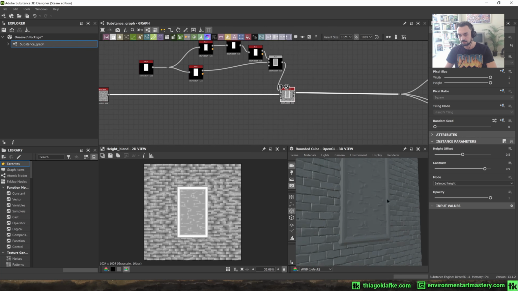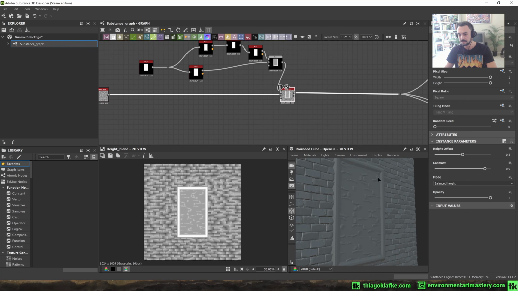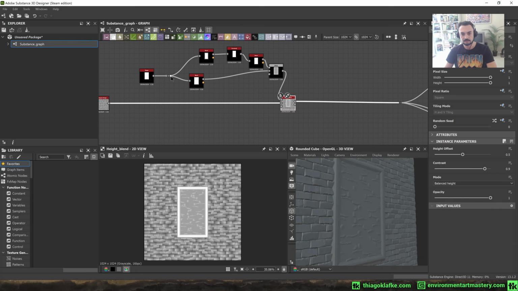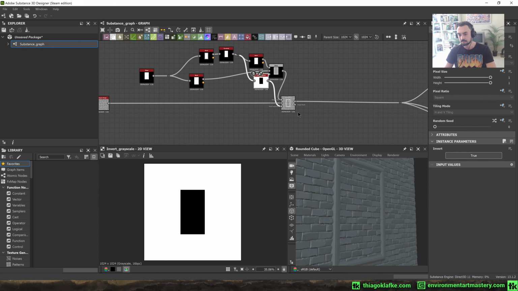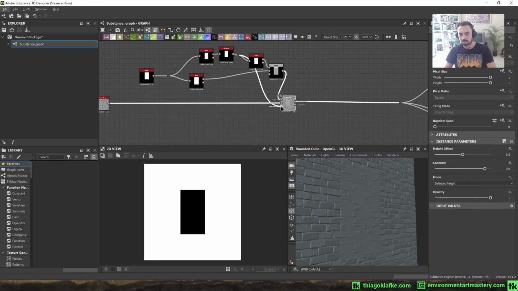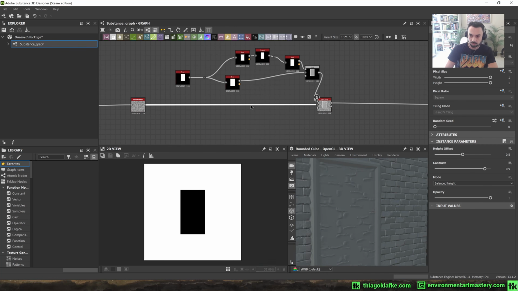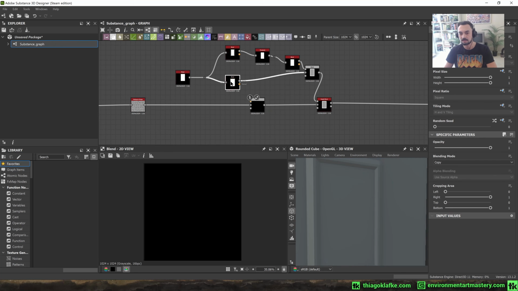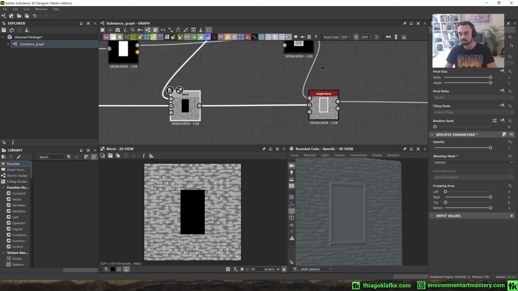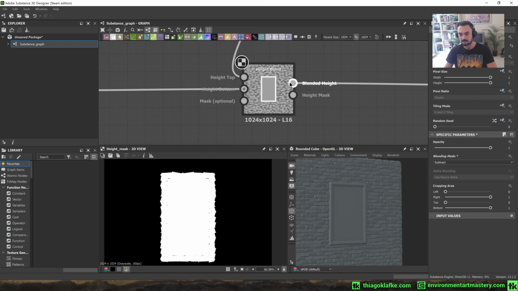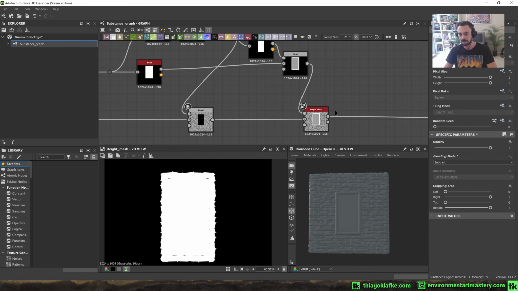Let's go here. So we don't want to have any bricks there in the middle, right? So we can mask that out. Let's see, maybe with this, I think, yeah, it's not gonna work. So let's try this mask here. And invert. Okay, how can we not have those bricks there? Well, we can simply remove the bricks using this mask. Subtract. Cool. So now we have the frame, we have the mask that we can use later to create the